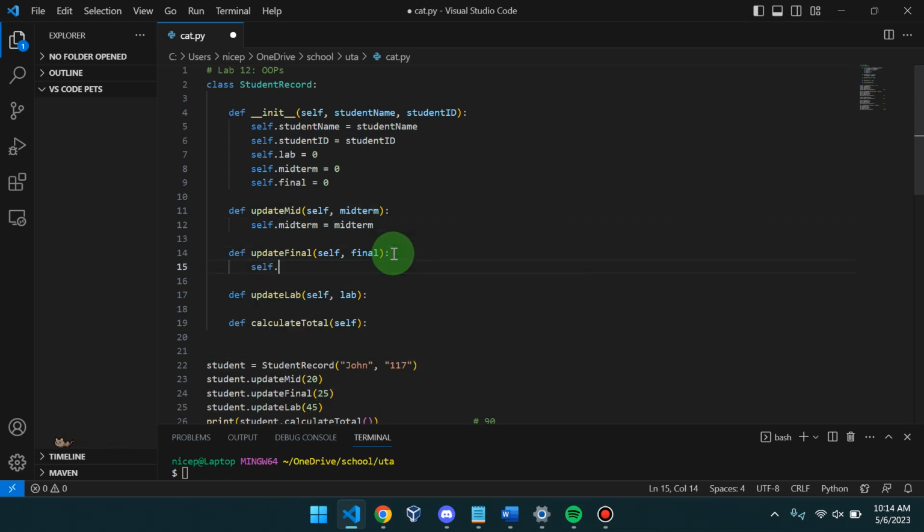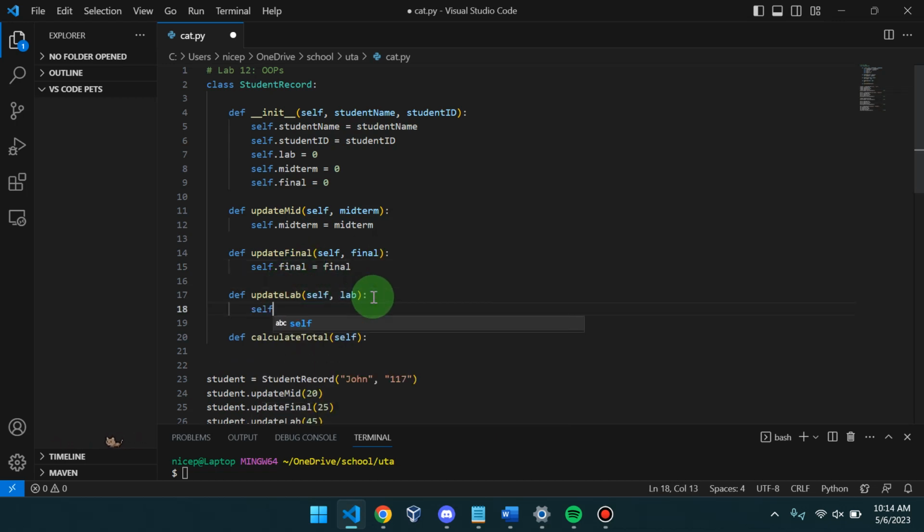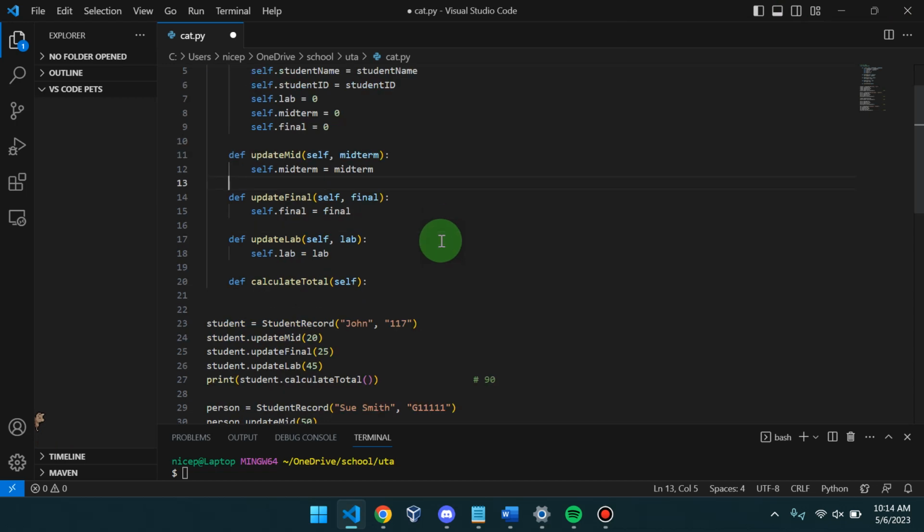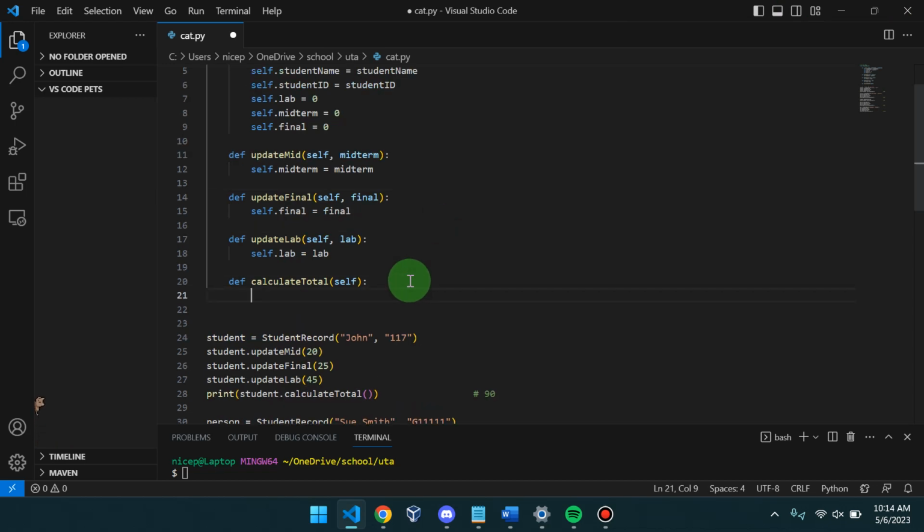And the other code is going to be the exact same. This lab. And then calculate total, you were just to add everything up. So you can just say return self.lab plus self.midterm plus